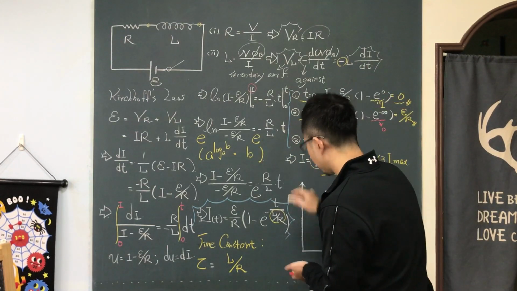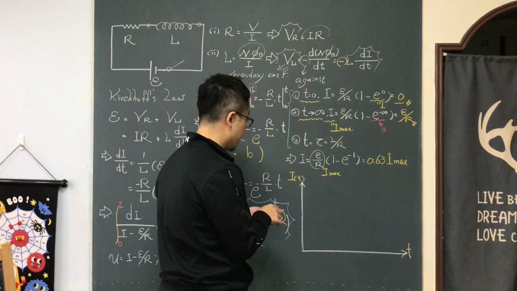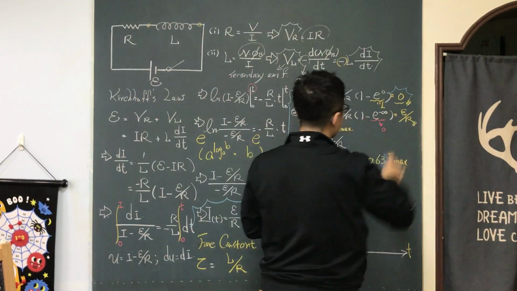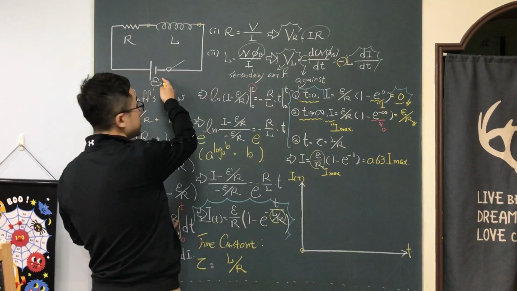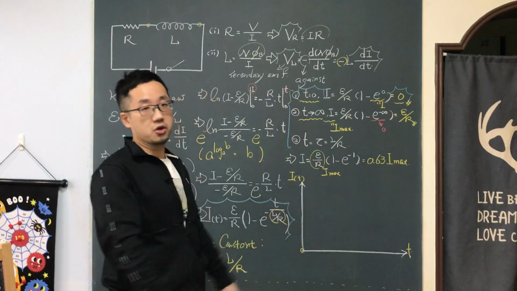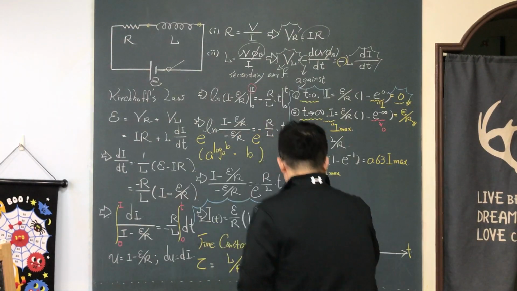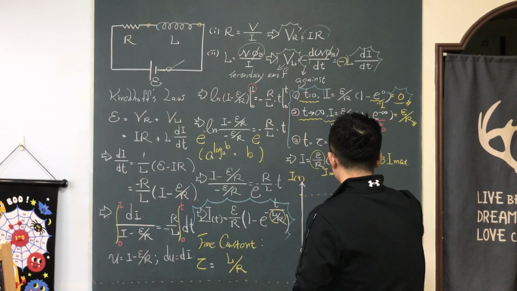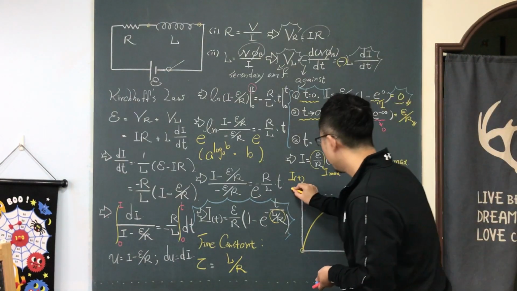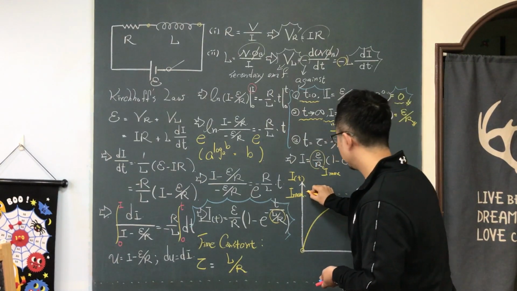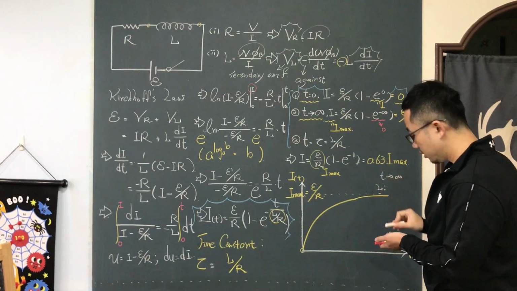This is a diagram for your current I as a function of time. So check, at time equals 0, due to the nature of your coil of wires, there will be no current. But as time goes by, your DC battery is going to keep pushing your current and try to push the current to pass through the inductor. So the current is going to increase and asymptotically approach the maximum steady value for your current. And the maximum value is E over R, which means as time goes to infinity, your inductor L will no longer function,